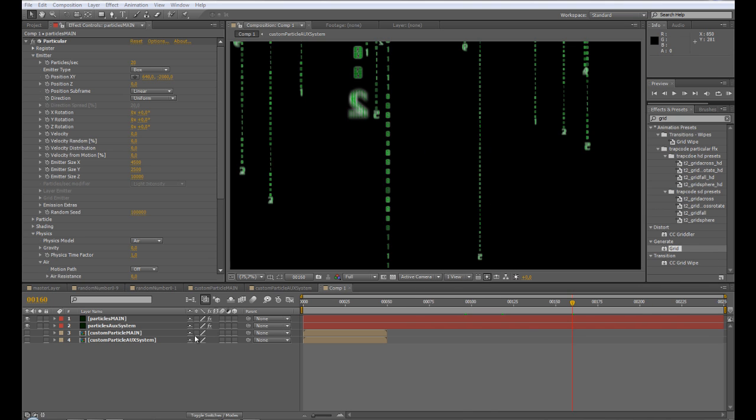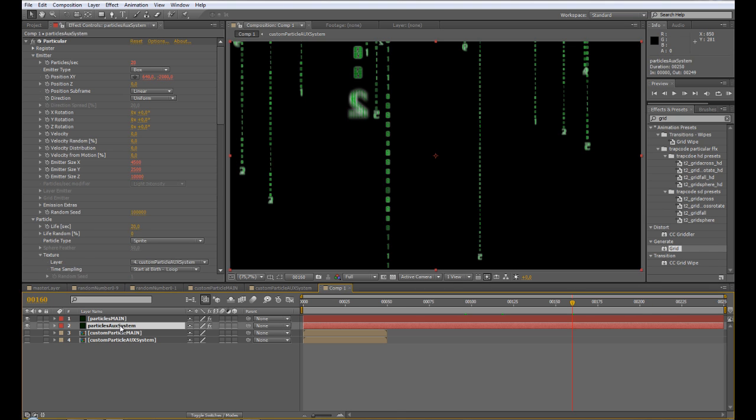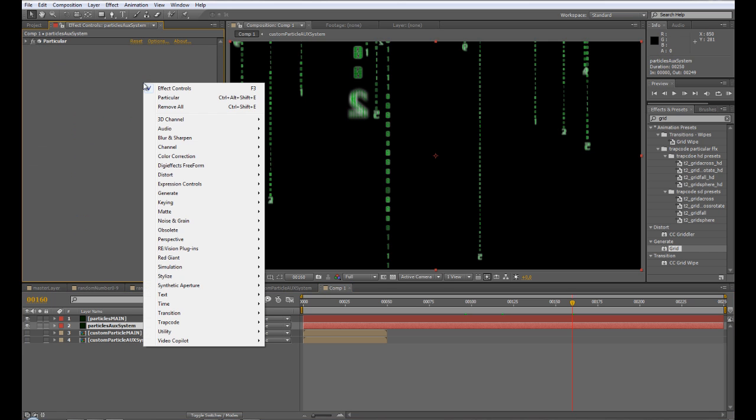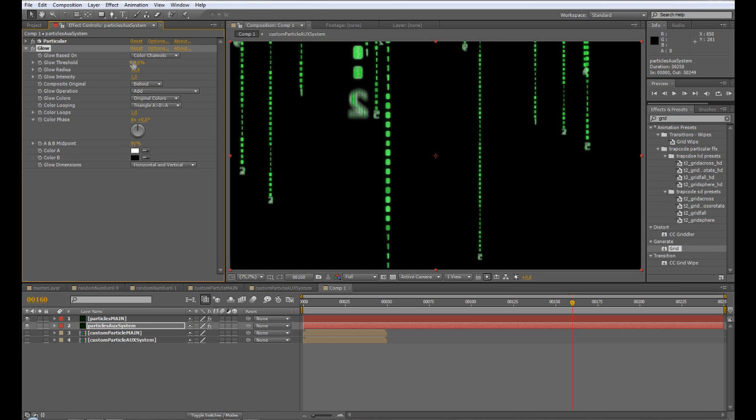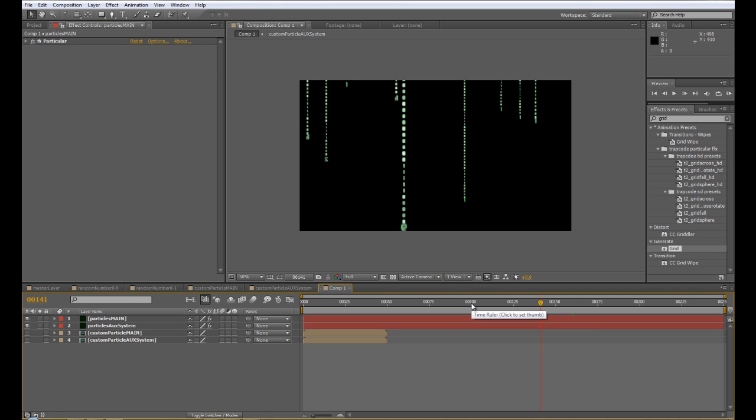Okay, we first will change the color of the OAK system, and we just add a simple stylized glow effect and put the glow threshold to 0 and the radius to 5 and the intensity to 0.8. Okay, now we have a nice glowing effect, and now we have to create a